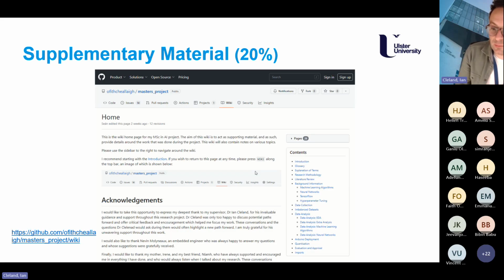So Clement is asking about submitting separately. So the research paper and the supporting material are submitted in separate documents, but together. And on that end of April date, I can't remember off the top of my head. I'll recap that at the end. But these two components are submitted together at the end of April, but they're in separate documents.